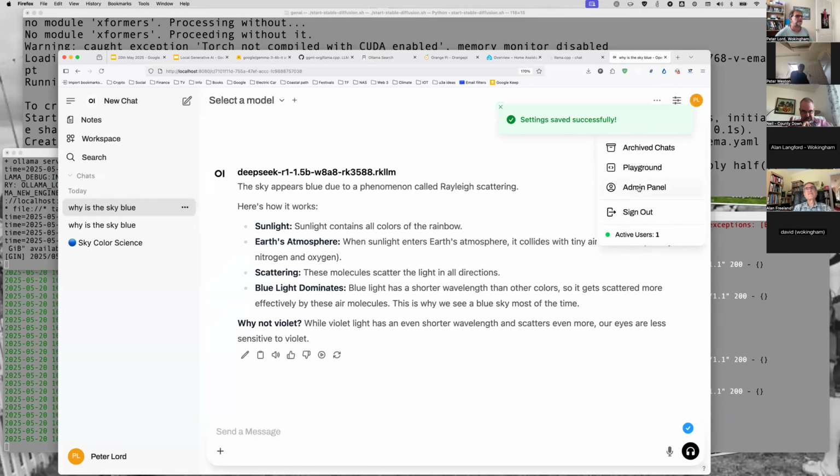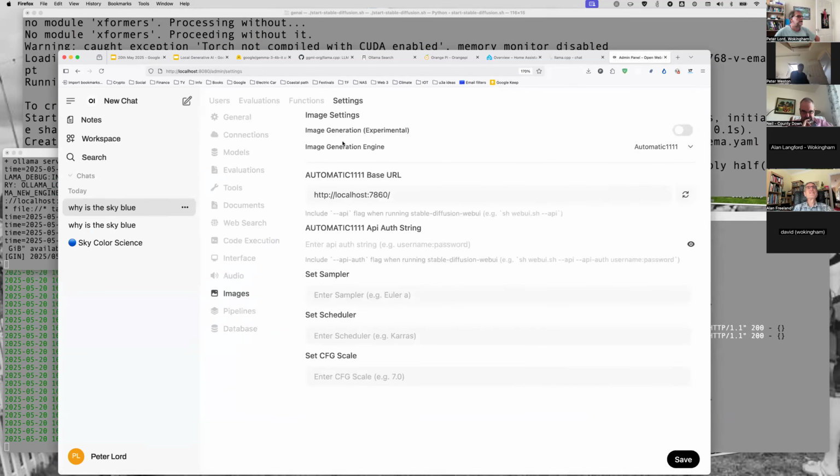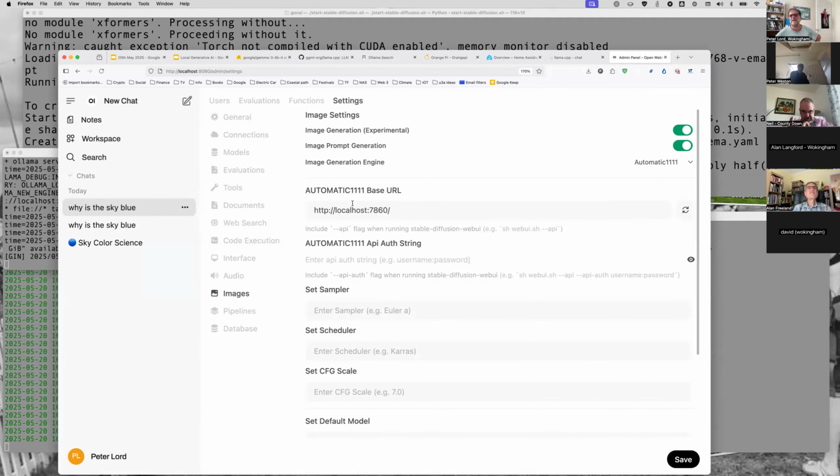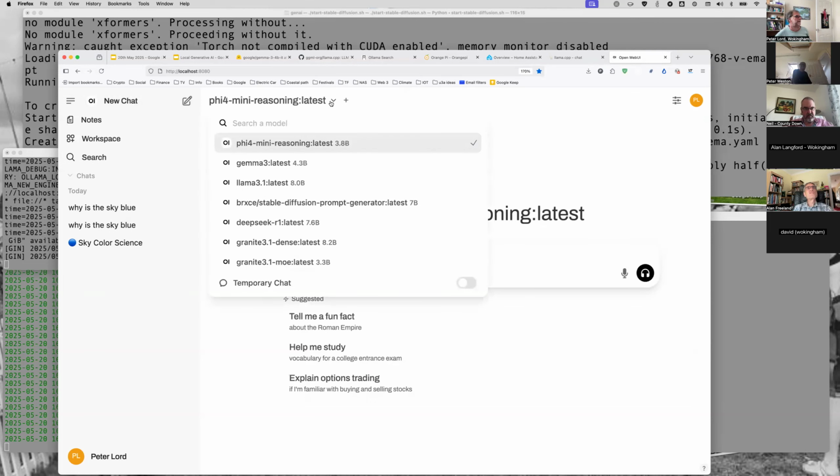And this time we need to go into our admin panel, settings, and we've got images here. And we can enable image generation. And this is, say, the configuration from last time I was using it. It's talking to the little server I've just started here, Automatic 1111. I can just check to make sure that's working and save it. So now you'll see something a little bit different here. Now in the web UI, I've got a little icon here, generate image. I can click on that to enable it. I can pick a